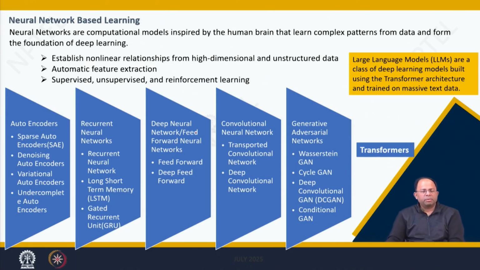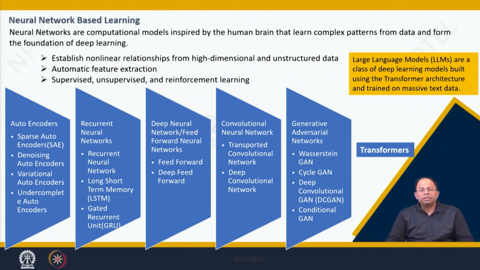Finally, we come to neural network based learning. So these are computational models inspired by the way our neurons are connected in the human brain, and how whenever we get any stimuli from the environment, our neurons fire, and it is not a single layer of neurons, there will be multiple layers of neurons, and eventually it comes out to form an opinion of that stimuli, or then it acts upon it. So this particular approach of looking into a problem is inspired from the human brain. And we can learn very complex patterns from data following this approach.